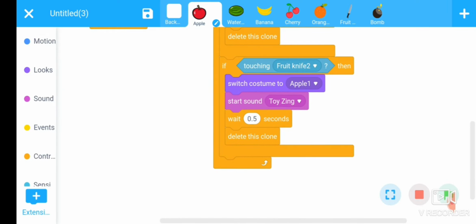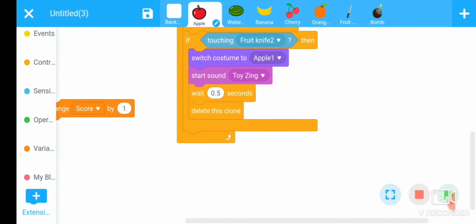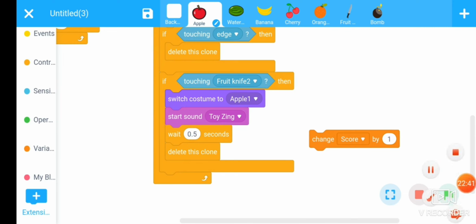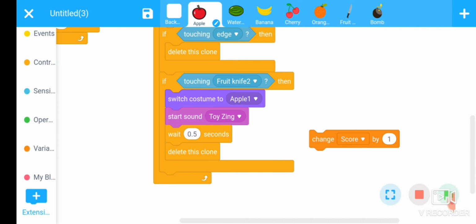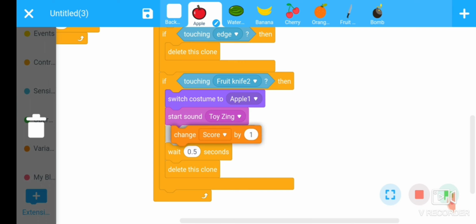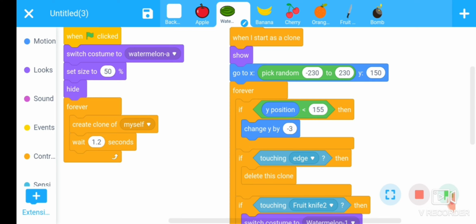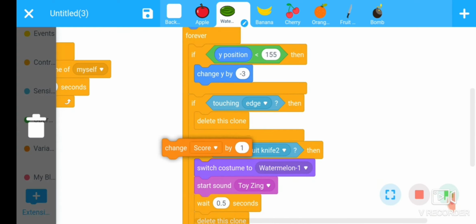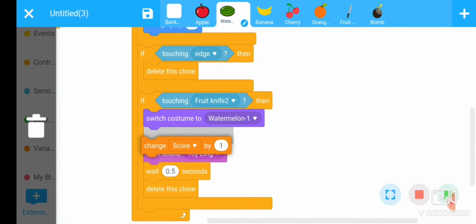For this, go to variable section, use this command, put this command inside this one, if then loop. Same thing, go to variable section, put this command inside the touch knife, if then loop.